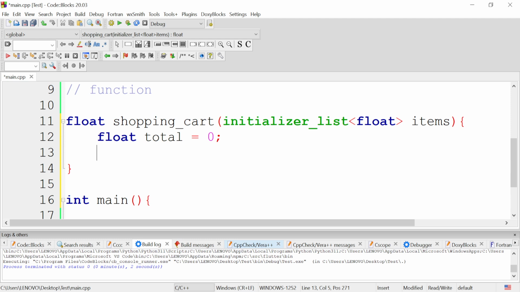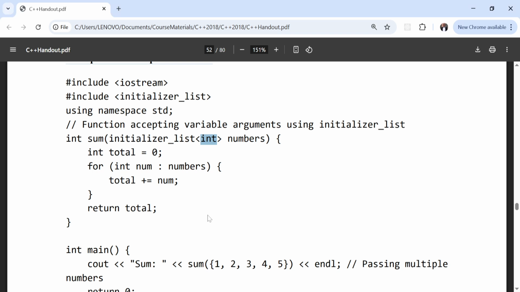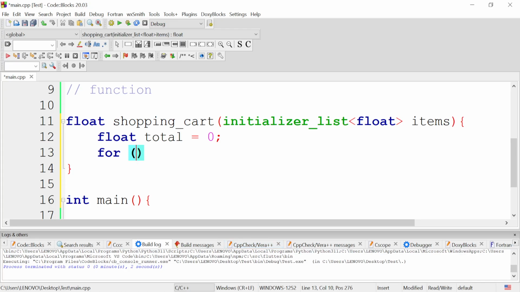So float total is going to be equal to 0, and now I'm going to say for, then I'm going to loop through the items over here. But then there's a shortcut over here. I don't know if we discussed this in class. So over here I'm going to say for whatever is inside of the list. So for the item inside of the items list,